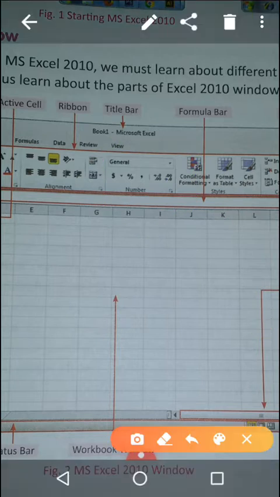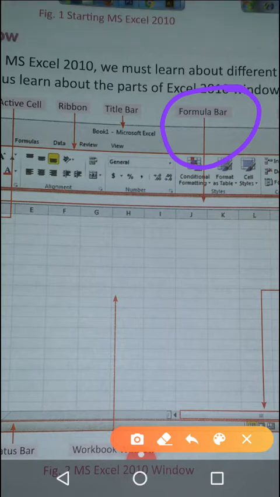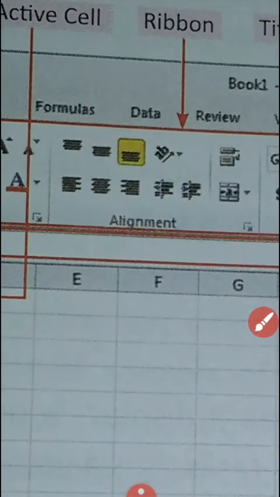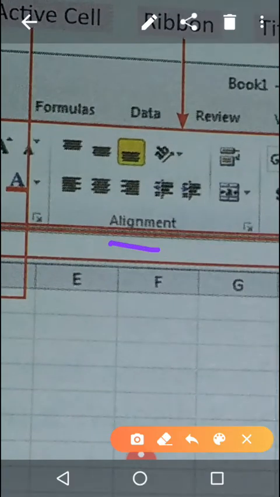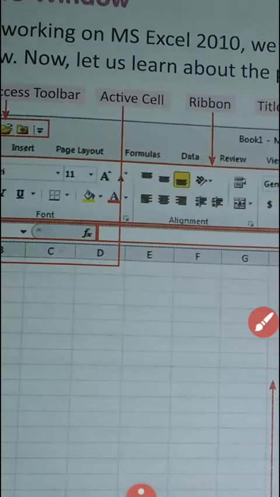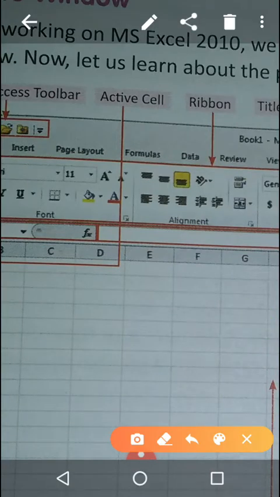Now this is the formula bar. Formula bar is a very important bar of the MS Excel window, because whenever we want to calculate or write something, if we are not writing directly in the cell, we can write in this formula bar. Here, automatically it will be written where we want to write it, but give some references of the cell. Okay beta.